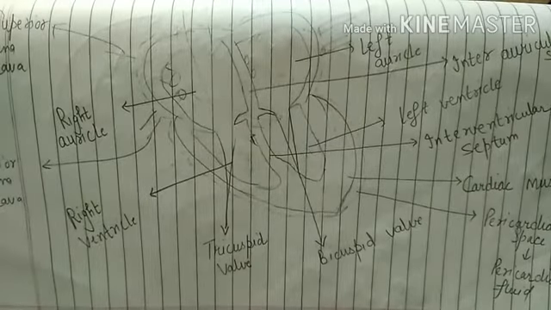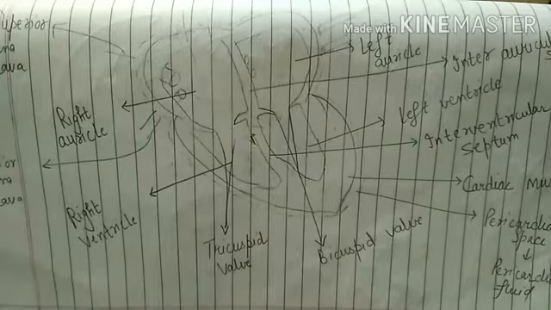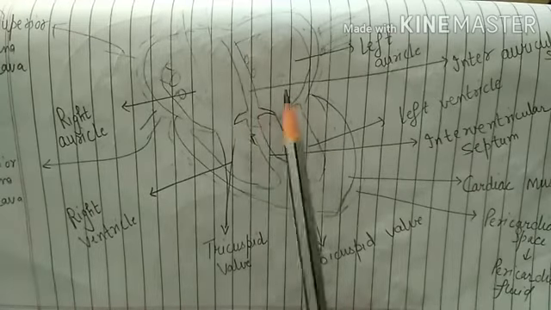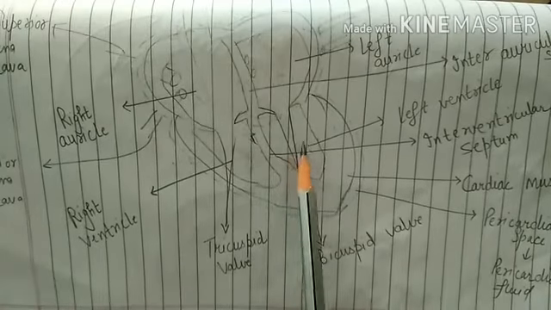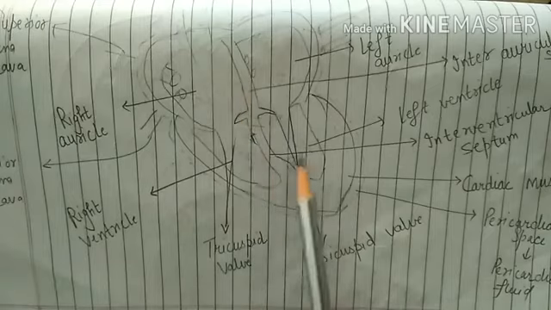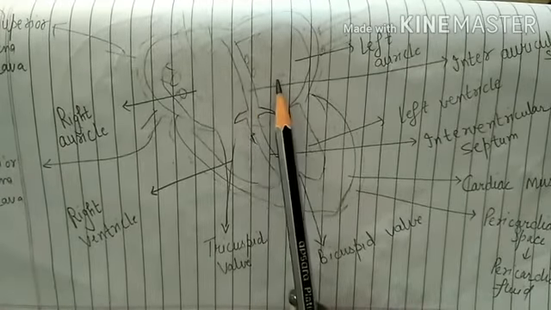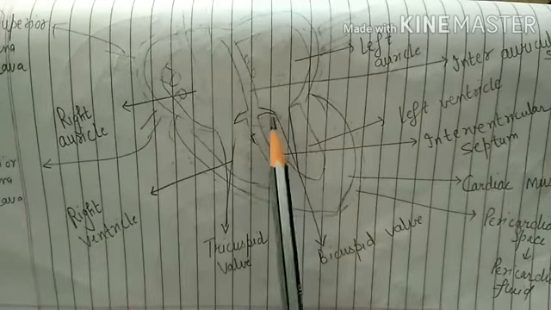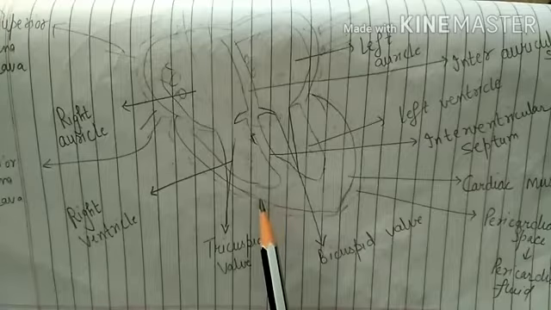In our previous video, we studied the working of the human heart through a simplified flow chart, and today we will see how the human heart works and how the circulation of blood takes place in the human heart through an actual heart diagram. So you know that the human heart is a four-chambered heart. There are four chambers present in the human heart.